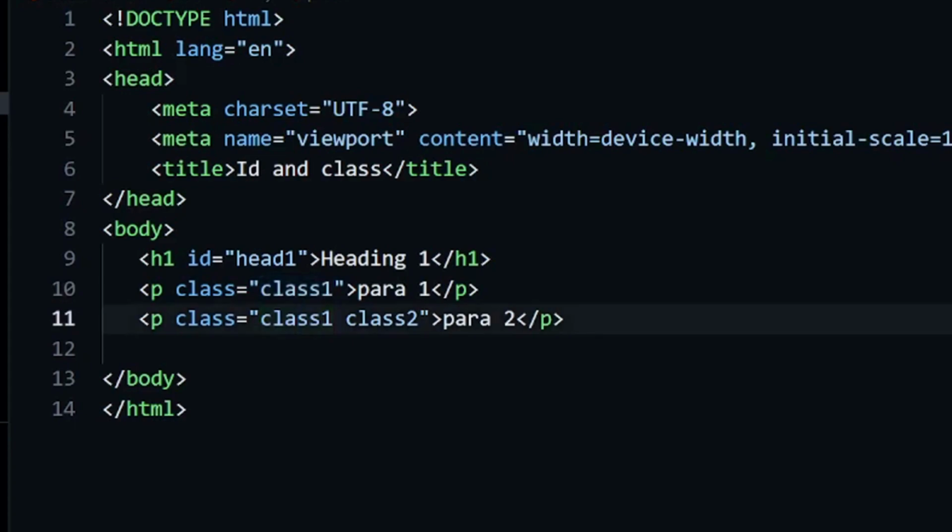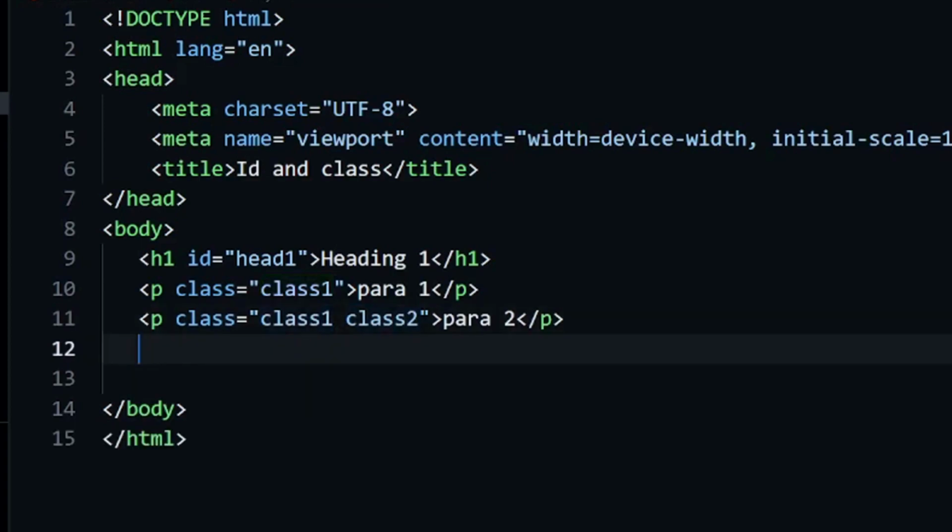I want my paragraph to be styled with color red along with font size 32. For that I can use two classes and assign styling to each class separately. For example, class 1 has the color red attribute and class 2 has the font size styling.